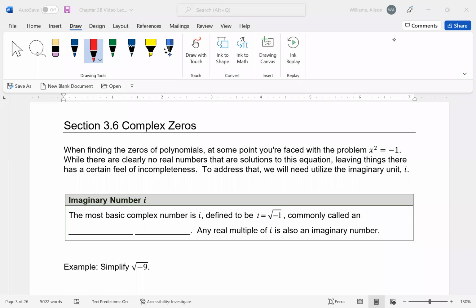In this video, we're going to talk about complex zeros, in particular for polynomials. But before we get there, we're going to review this concept called imaginary numbers, or complex numbers. And let's go ahead and talk about that right now. And I say review because some of you might have seen this before. But if you haven't, I'm going to kind of treat it like you haven't seen it before and go through